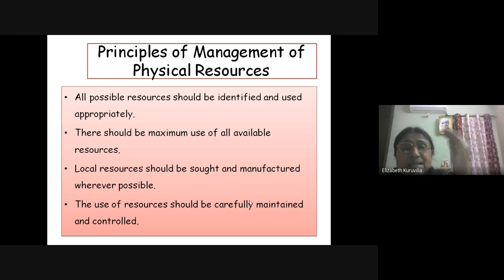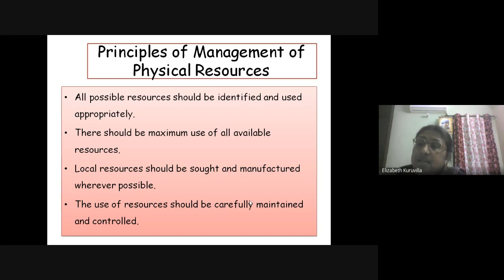So here we can see the different principles of management of physical resources, and James has read them very well. Under it, we can see that all possible resources should be identified. So first, identification of the existing resources, then we can use them appropriately. The second principle states that there should be maximum use of all available resources.